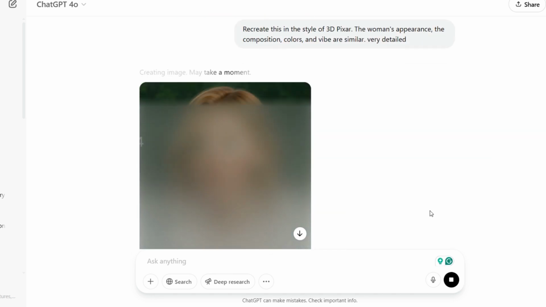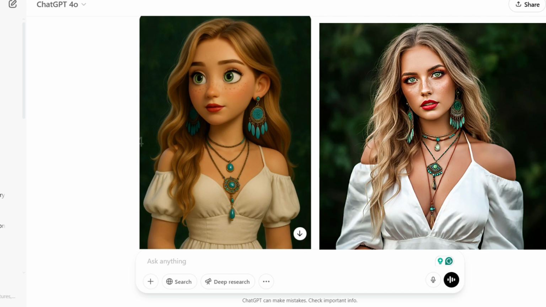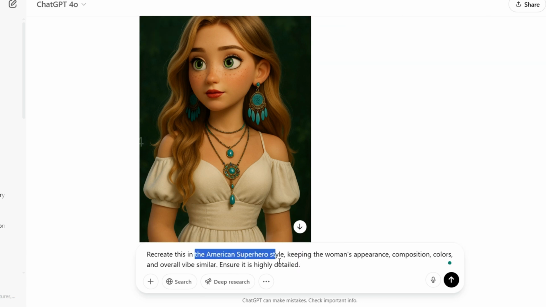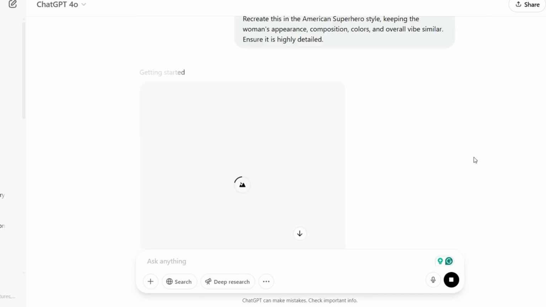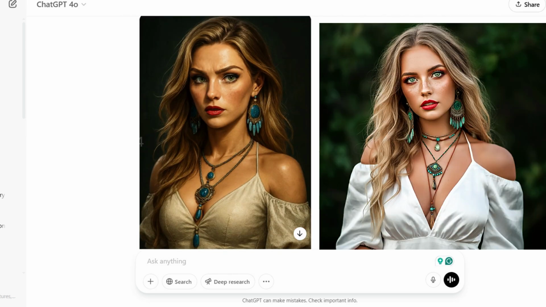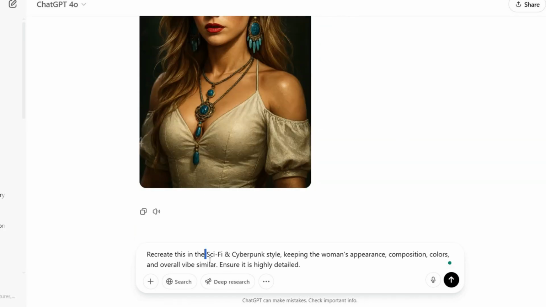While it takes a moment to render, the features of the original image are closely replicated: eye color, face shape, and more. I also experimented with the American superhero style, and the level of matching was similarly high, except for a slight difference in the necklace. Everything else looked great. Finally, I tried the sci-fi and cyberpunk style,